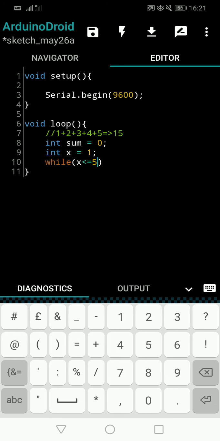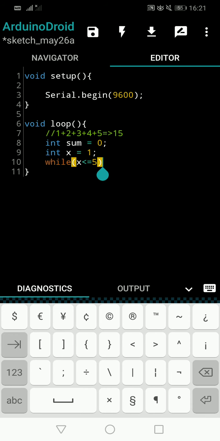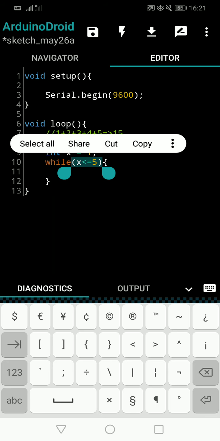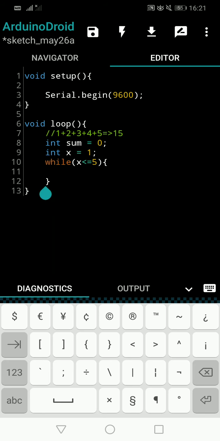That means 5 also included. Then we will start the while loop and end it somewhere. Whenever this condition, x less than or equal to 5, is true, we will get into the while loop. The initial value of x is 1, so 1 will be true, 2 will be true, 3 will be true, 4 will be true, 5 will be true.